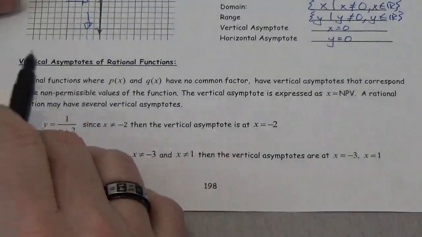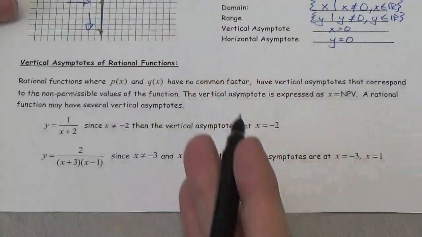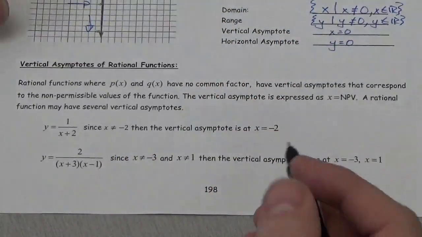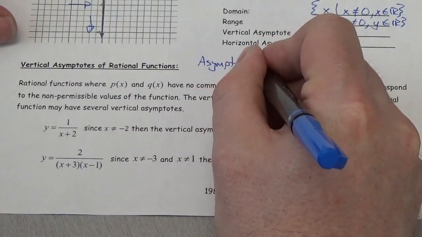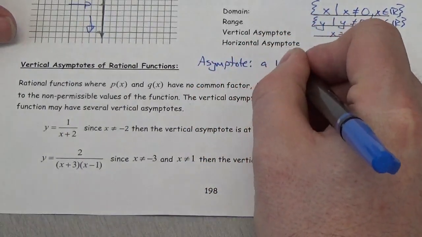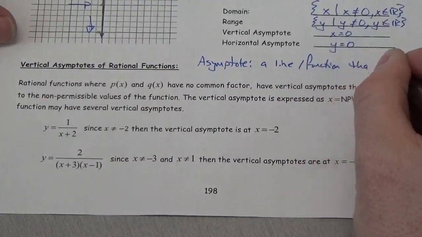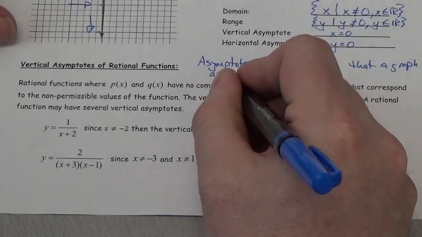Okay, so the vertical asymptote of a rational function here. So that's the vertical line. Remember what an asymptote is. Let's talk about what an asymptote is. Okay, the asymptote is a line or function that a graph approaches